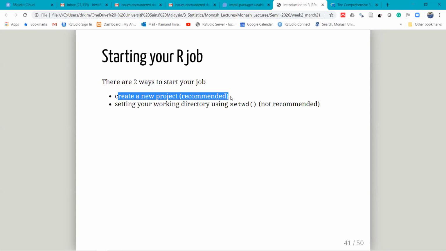At the end of the analysis, you close R. Let's say tomorrow or next week you want to reanalyze the data. You open that project again. You don't have to create another project, but click on the project. What you want to click is